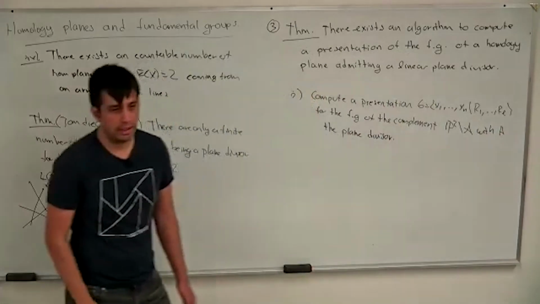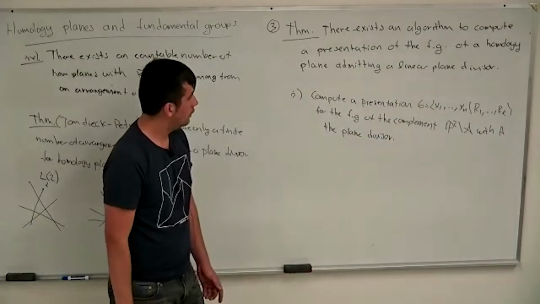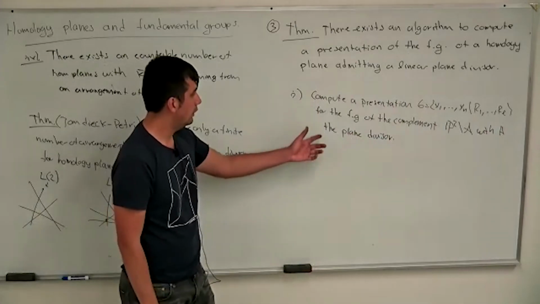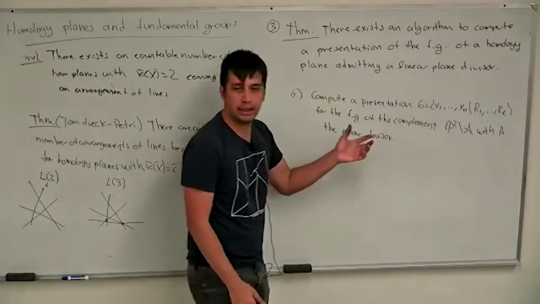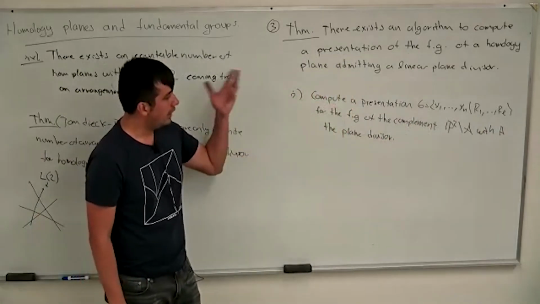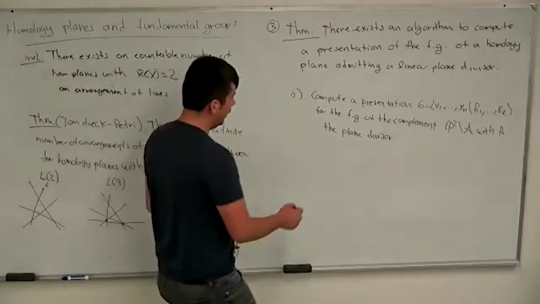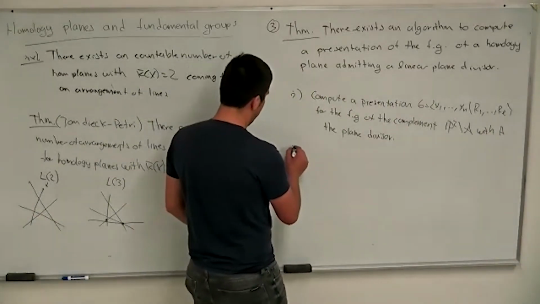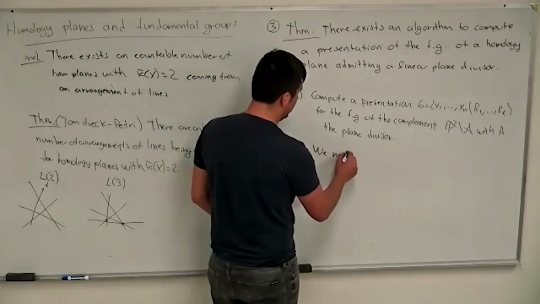There are several ways that we can do this. We can compute it with braid monodromy. We can compute it with Van Kampen, or we can use the boundary manifold, the Euler neighborhood of the divisor at infinity. And then when we have this, we need to blow up